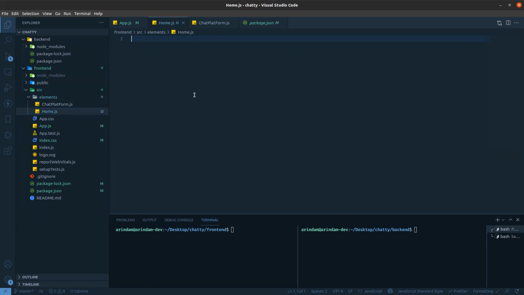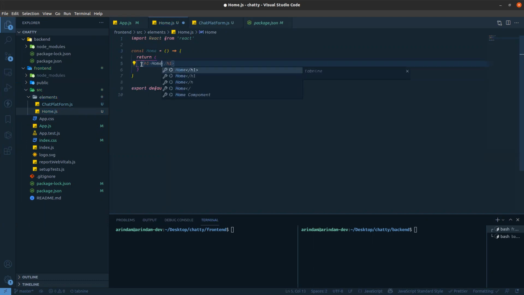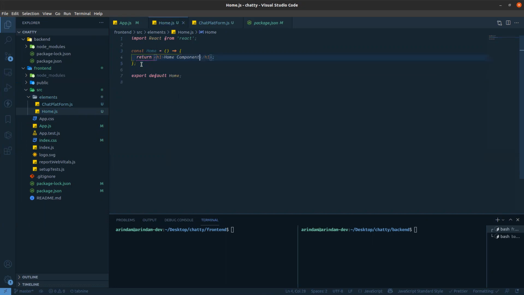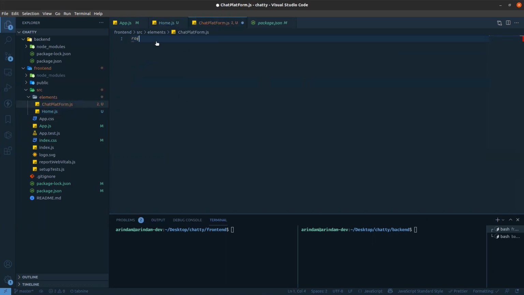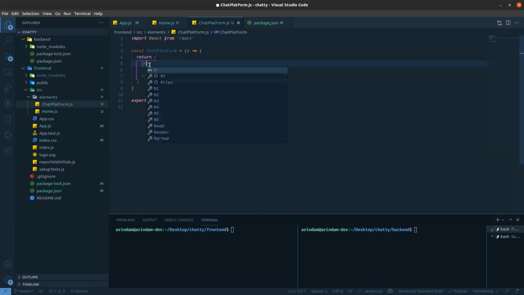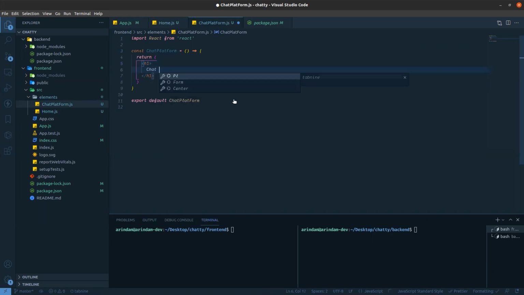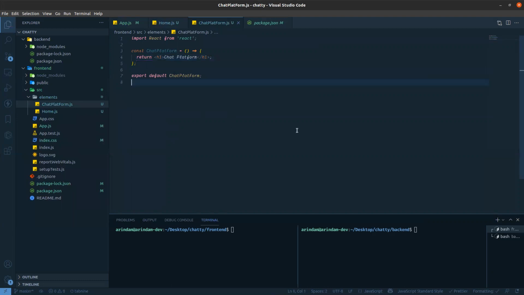On the home, I'm just creating one functional component, and here I'm just writing, this is the home component, and on the chat platform, this is the chat platform. Okay, now let's run npm start.